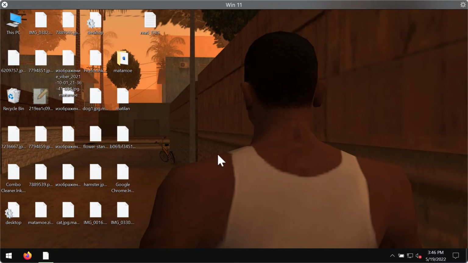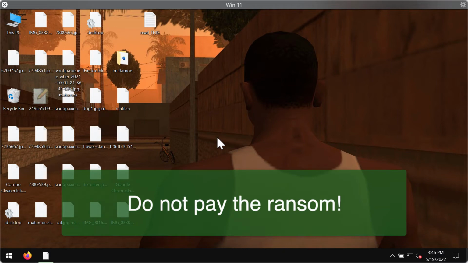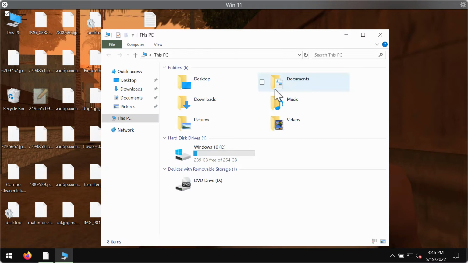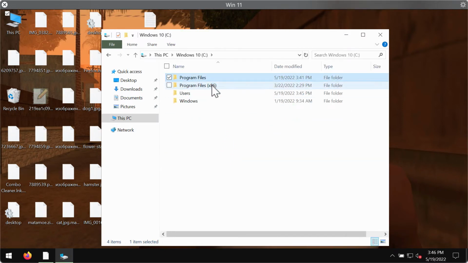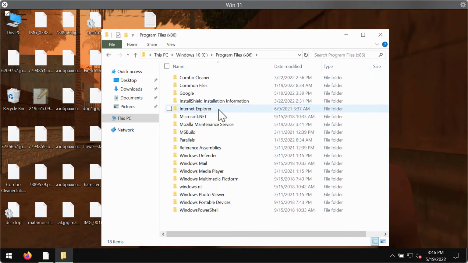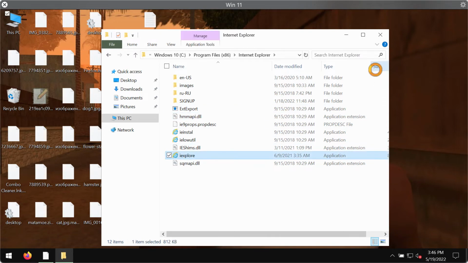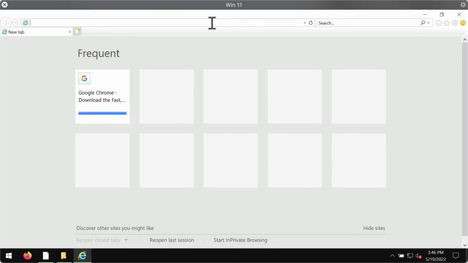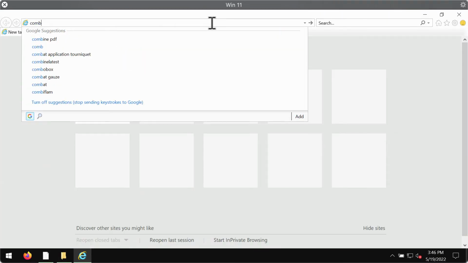Paying the ransom for the file restoration is not a good solution. This doesn't guarantee that the files would be restored, so please don't ever pay the ransom, because you may simply waste your money for nothing. We recommend you to immediately remove this ransomware with the help of a reliable security program, a reliable anti-ransomware tool that is called Combo Cleaner. You may get it on the page